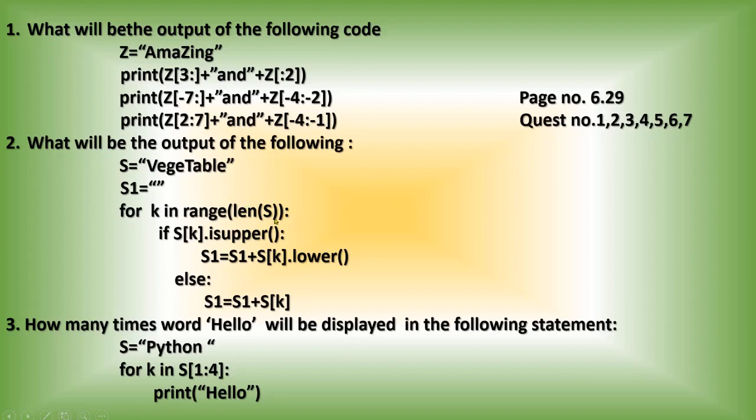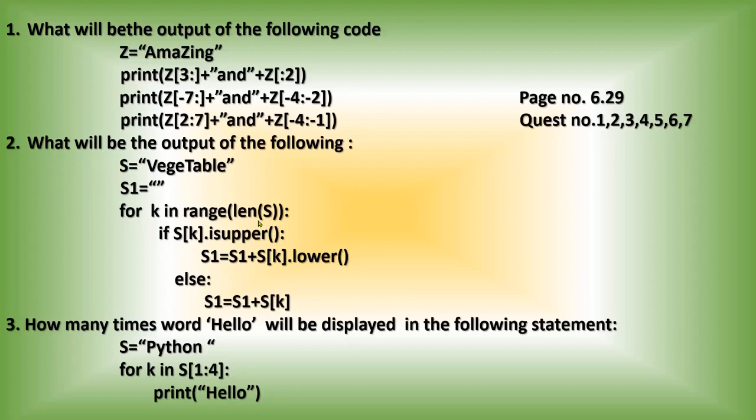So inside this bracket you will get 9. Only one number is there. What we studied, if you have only one number, that will be considered as a stop value. In that case, the start value will be 0. Right? So in for loop, if you are using the first form of for loop, that means using the for loop with in range, then inside the bracket you can use 3 arguments, 3 values. One is the start value, second one is the stop value, and third one is the step value. If you are mentioning only one value, that will be considered as the stop value. And in that case, start value will be 0.